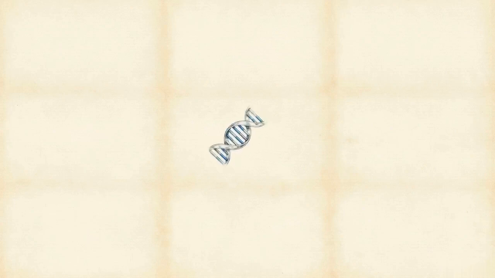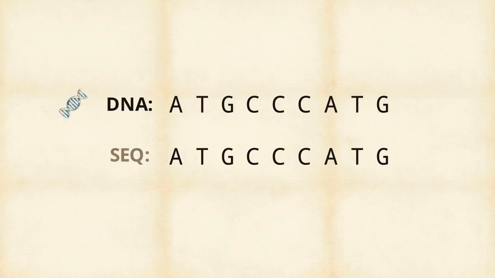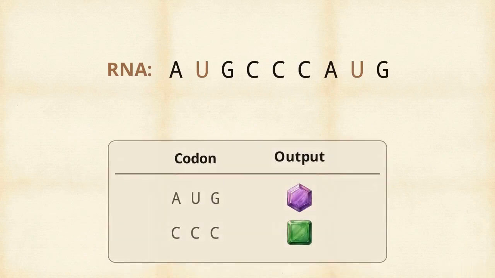This animation illustrates the specific rule of transcription. The system duplicates the DNA sequence, but performs a find and replace operation, swapping every thymine character for uracil to create a new string called RNA. Once copied, the RNA enters the execution phase, known as translation, where this newly generated data is actively read by